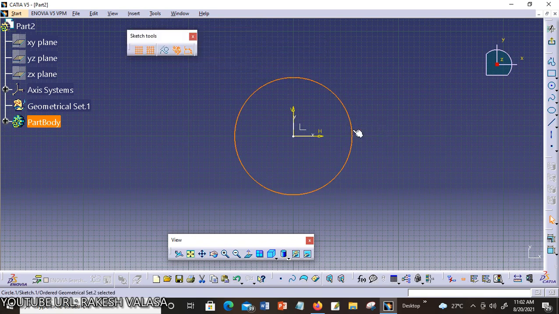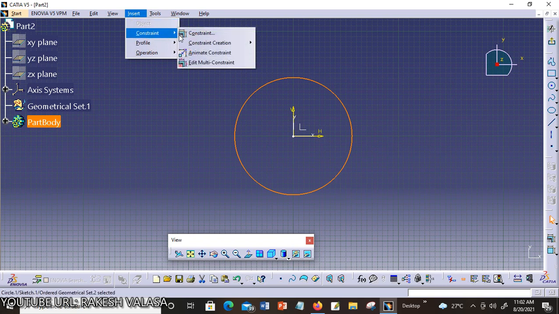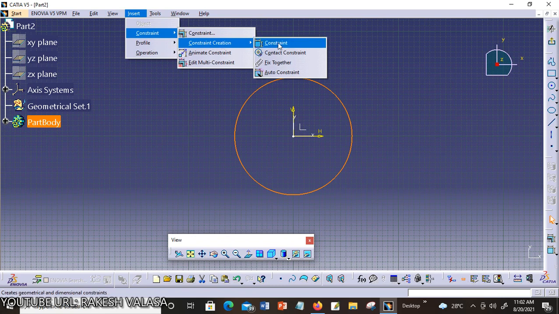You already know how to draw a circle in CATIA V5. Next, select the Insert option in the menu bar. In this, you can choose constraint creation. In this, you can choose constraint.